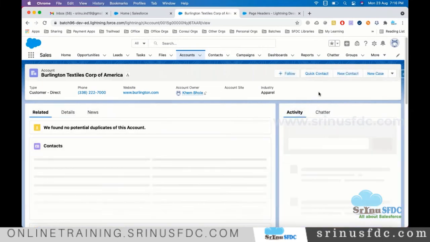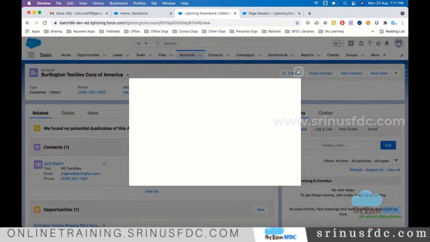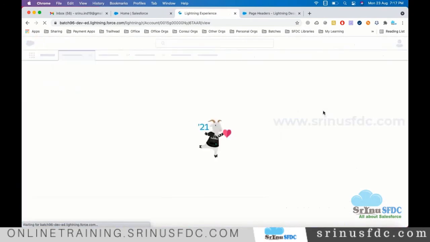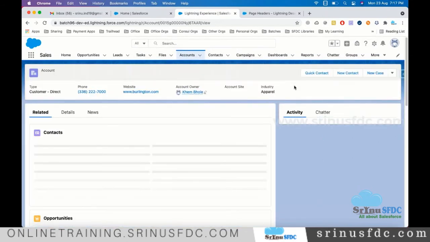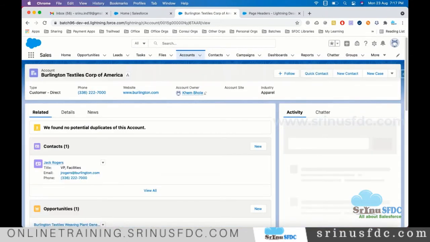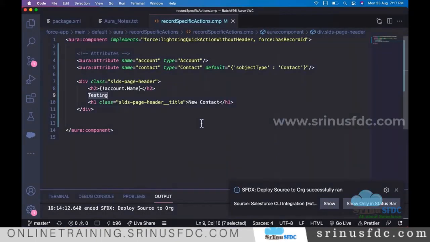It's better to press Control F5. Okay. Maybe try refreshing one more time. Okay, so still it is not reflecting.